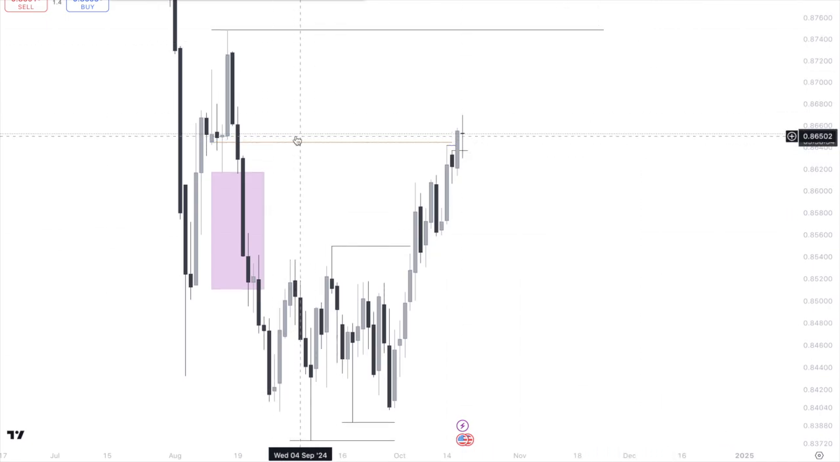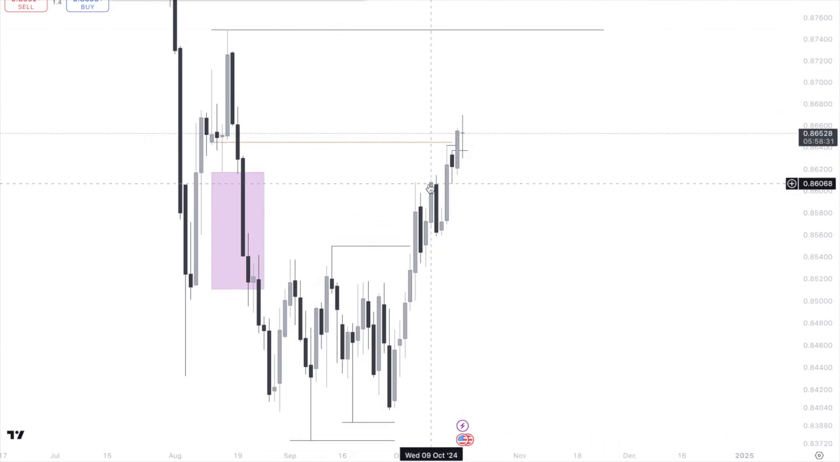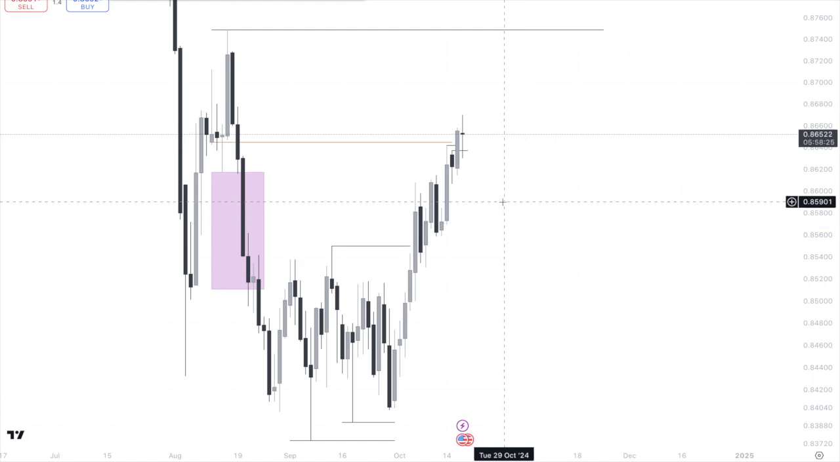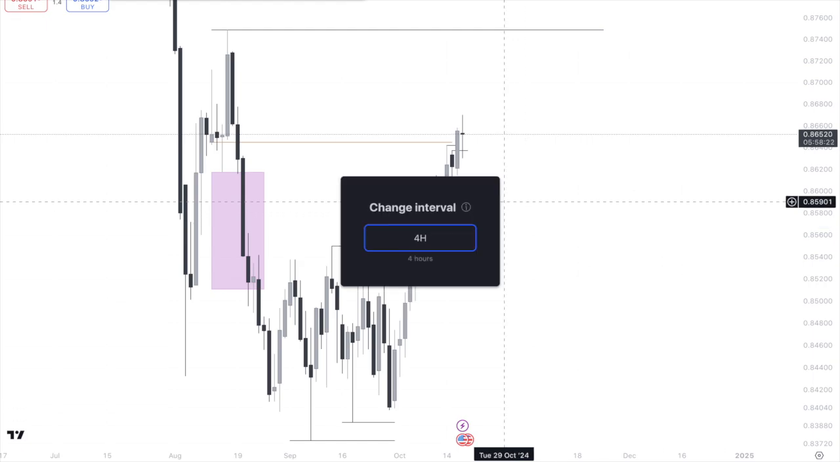On the daily, I think there's not too much other than the fact that we've come into this resistance. This was quite nice that we had this fair value gap and mitigation block with each other, but we haven't come back to it, which is a bit of a shame. And so the 4 hour, where the bulk of it is,